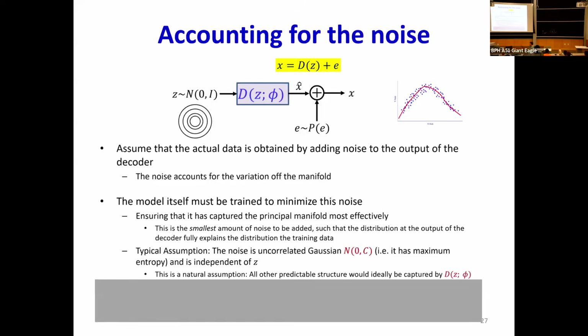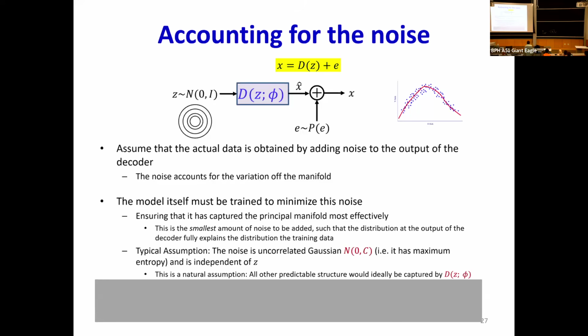Right? And so this noise, since again I cannot make any assumptions, this noise I will assume is full dimensional. It doesn't have any low dimensionality to it. It's in the entire million dimensions or whatever the dimensionality of my pictures is. And so now if I train the model, there's something crazy that can happen. I can just somehow magically push all the information about faces into the noise. That's not a good thing, right? Then the model itself has learned nothing about faces. So I have to minimize this noise so that the model learns everything as much as it can about faces. Making sense to everybody?